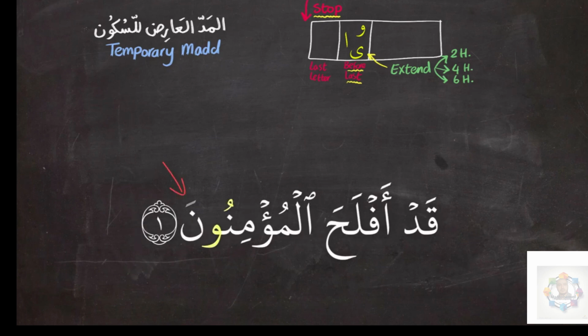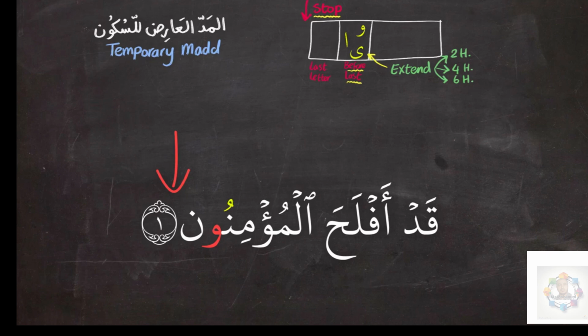قَدْ أَفْلَحَ الْمُؤْمِنُونَ. Or if you want to extend for 4 harakat, you would say قَدْ أَفْلَحَ الْمُؤْمِنُونَ. Extending for 6 harakat is also possible, like so. قَدْ أَفْلَحَ الْمُؤْمِنُونَ. So, when you stop at the word, you have the option to extend the temporary med for 2, 4,